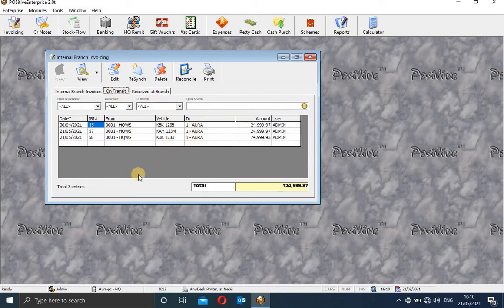This is what is being taken back, and this is one of the products that I had raised some time back, and that's why it was asking me that this exists and all that. So these are some of the IBIs that are on transit, being ferried or transferred to that branch. You can even view one of the IBIs here. Let me just view this.